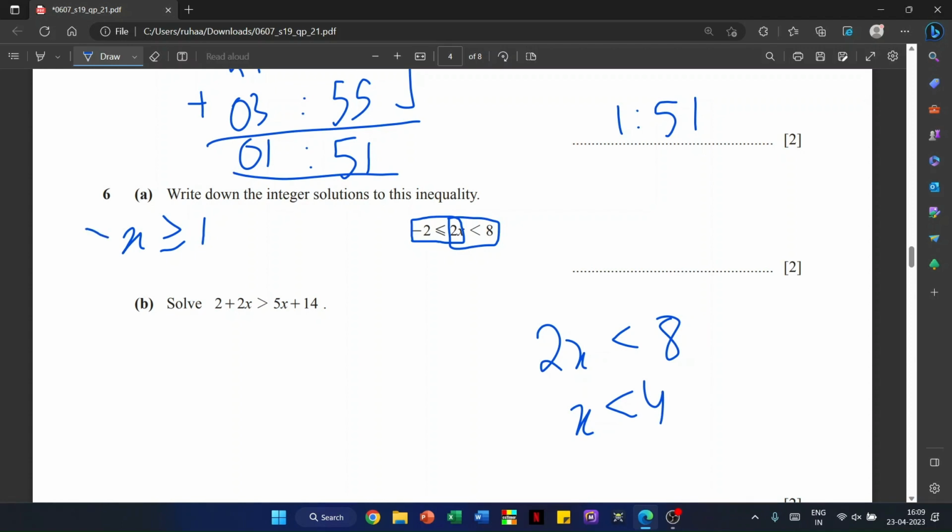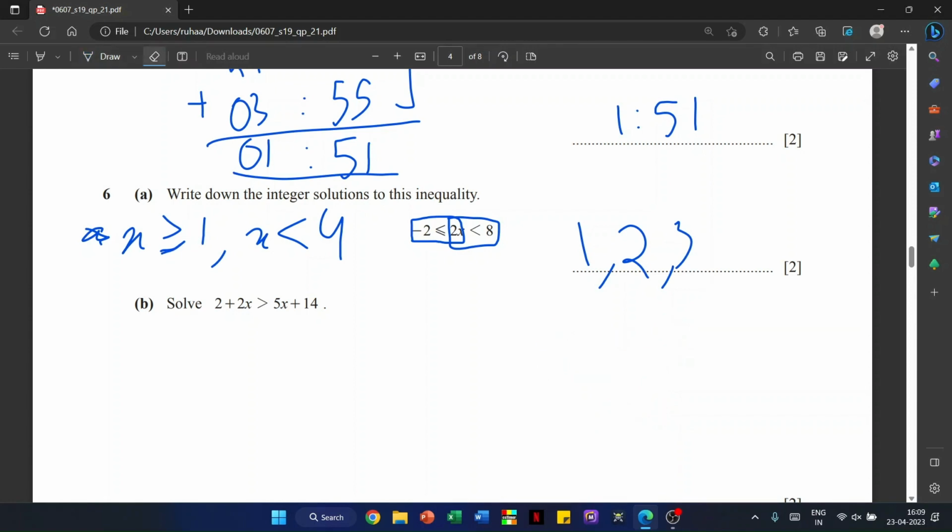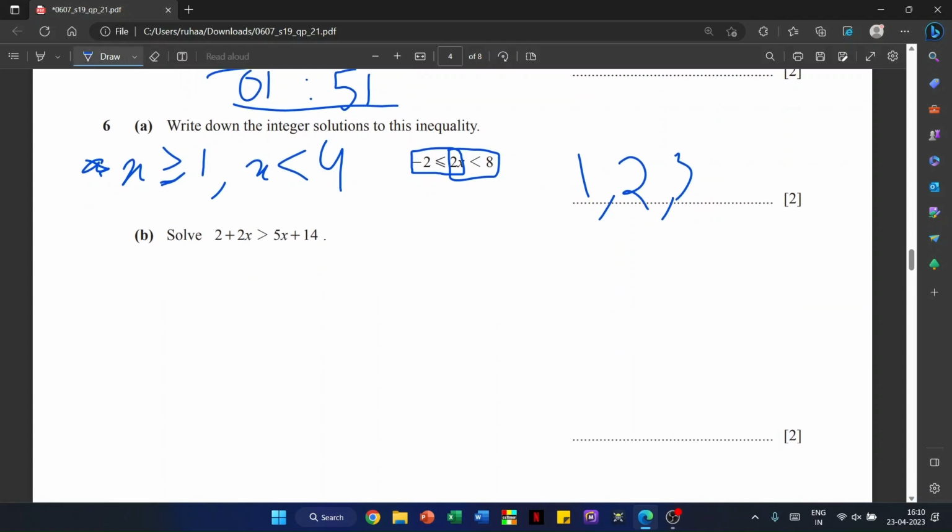And so x is greater than or equal to 1 and x is less than 4. So the only integer solutions to this inequality are going to be 1, 2, and 3. Because of this greater than or equal to, that means that 1 is included, and then 2 and 3. 4 is not included because there's no equal to, it's just less than. Next is